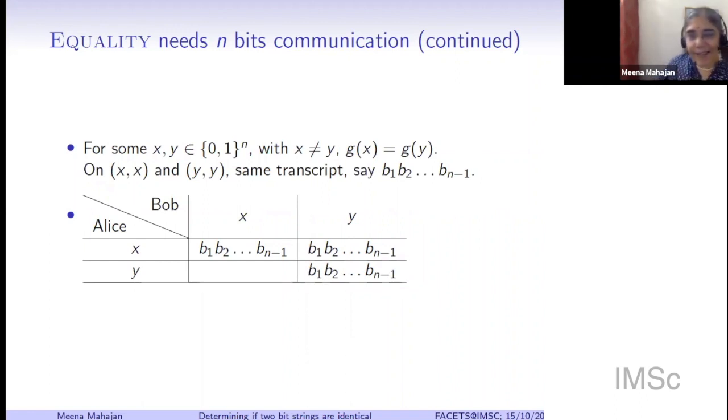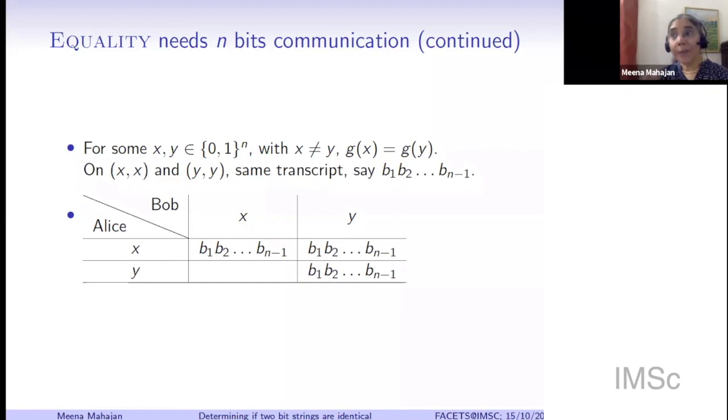And the reason why this is so basically hinges on what we mean by a protocol. What is the definition of a protocol? The protocol must specify who speaks first. That does not depend on the inputs, right? The protocol says who speaks first. So let's say, I don't know anything about the protocol, but it is going to specify either Alice goes first or Bob goes first. Suppose the protocol that we have picked assumes that Alice speaks first. Well, then the first bit that Alice sends can depend only on her input. It does not depend on y at all. But now notice that in both these cases, Alice has x. So the first bit she sends here has to be the same as the first bit that she sends here.